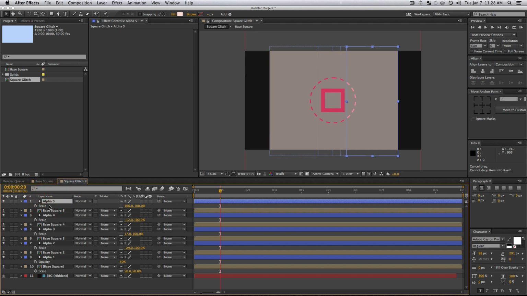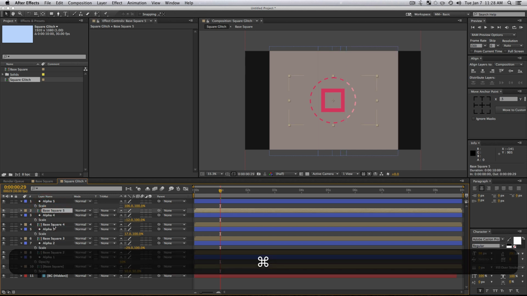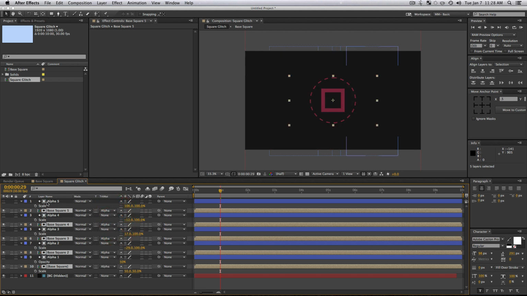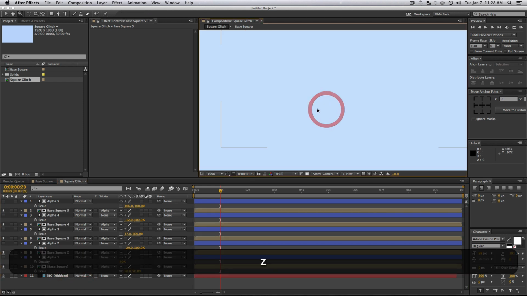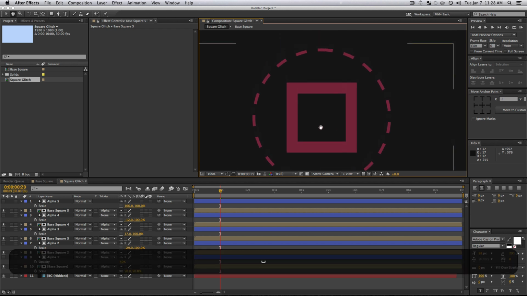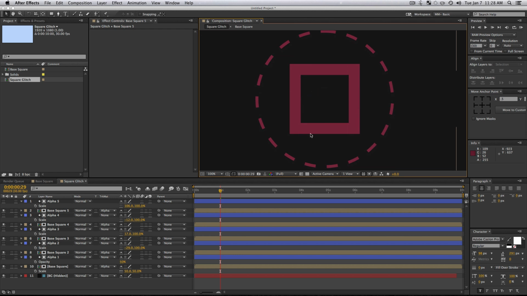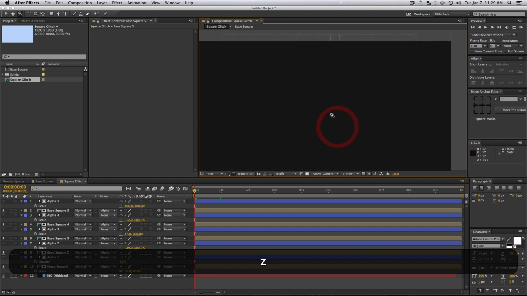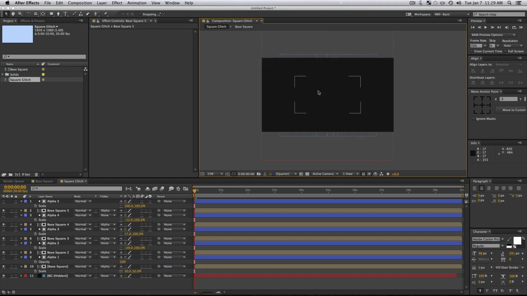Okay, so now what we're going to do is select your base square 5, 4, 3, 2, and 0. So all your compositions, none of your alphas. And we're going to go into our track matte selection and set it to alpha matte. So all of our alphas will get hidden, and we'll only be able to see what our rectangles are over. So that is helpful. Okay, so now what we're going to want to do, this is actually working fine. We'll see if there's an issue. We'll tackle that. Okay, so now what we're going to do is just grab our alphas.